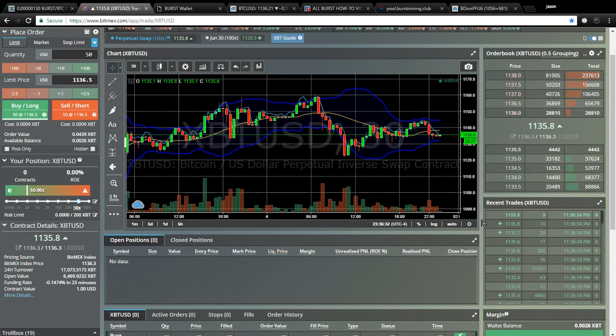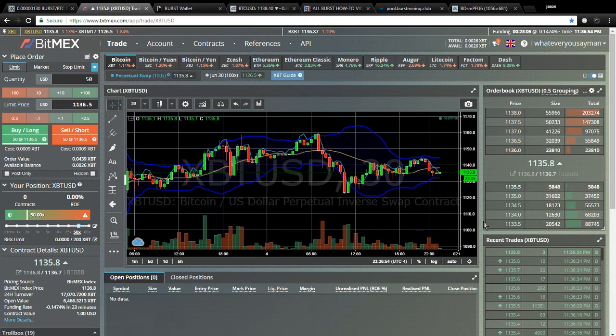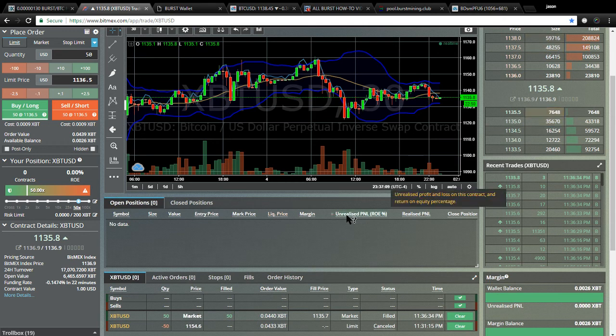The order books can be a lot thinner than they look in reality, and I just dumped a $50 order into the market. If the orders in the market had gone down much further, I could have lost up to 0.0021 out of 0.0026 Bitcoin. But it does help me to illustrate a good point, because we saw here in my unrealized profit